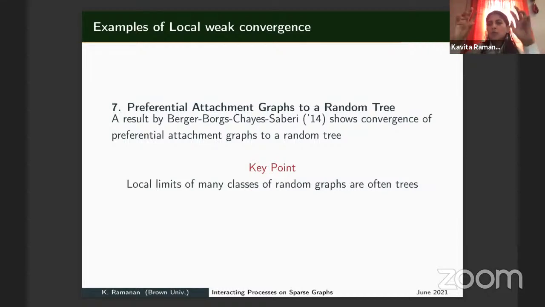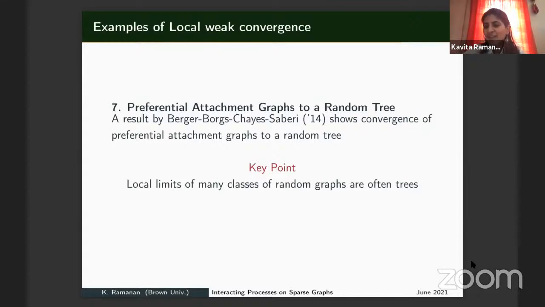And if you're wondering what I mean by a random graph converging, remember that the local topology I said can be metrizable. It's a Polish space, so it's just like any other random object. It's just converging weakly, whether it's taking values in the space of equivalence classes of rooted graphs.